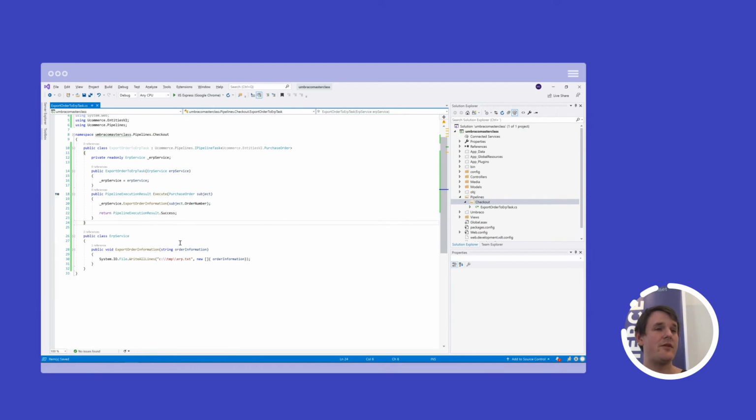And that's it. We actually don't have to do anything else. All right. So now that we have written our code that does almost nothing, we also need to register the task into UCommerce as well. So I can build my solution, and it will actually not work right now as we haven't configured the actual pipeline task.